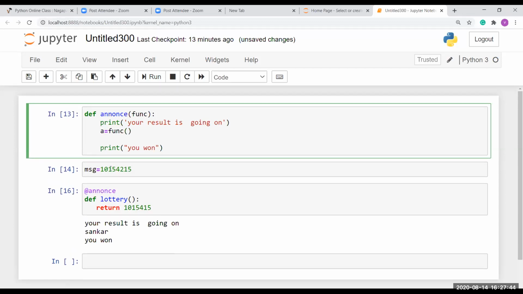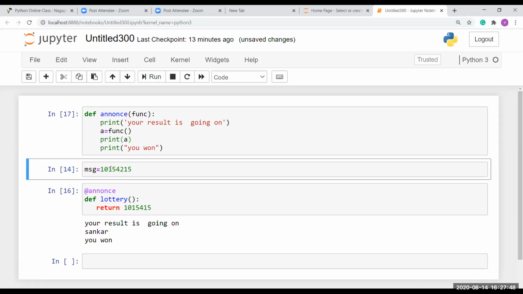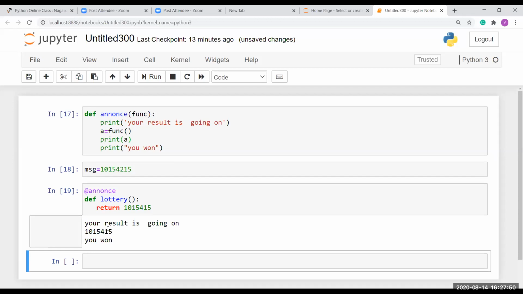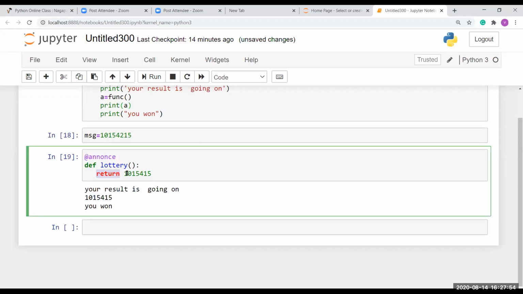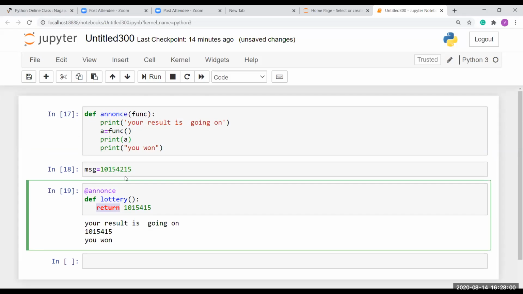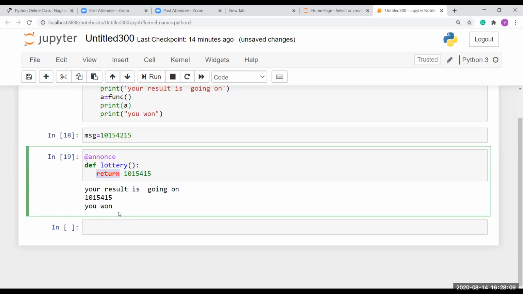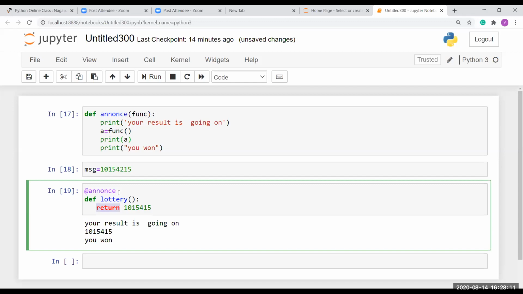So then I'm going to print that. Then only I get the result, right? The return function only returns the value what we have passed here, right? So that's why in the previous step it doesn't return the value. Okay, so now it works perfectly, right?